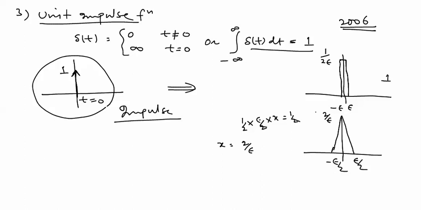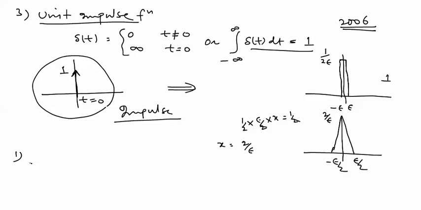It might be a triangular pulse, it may be Gaussian, it may be a rectangular pulse, any type. Ideally it is an impulse of zero duration. Practically it has some duration, where the duration epsilon tends to 0. Other properties of the impulse are